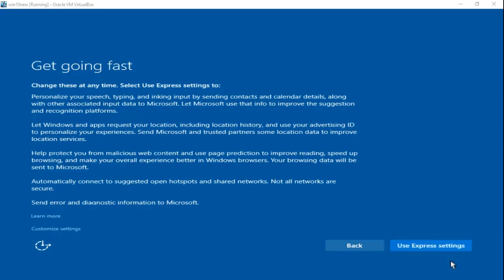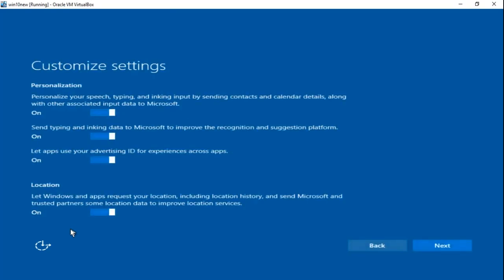Now the process has been completed and Windows rebooted automatically. Now it's asking for some more things. It says get going fast, use express settings. No, we don't. We will go for customized settings. Now here I personally prefer to turn off all of these options.